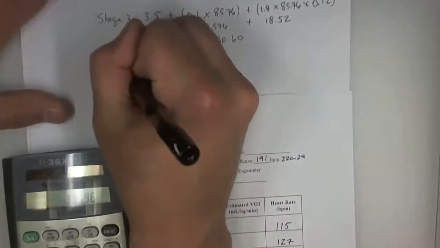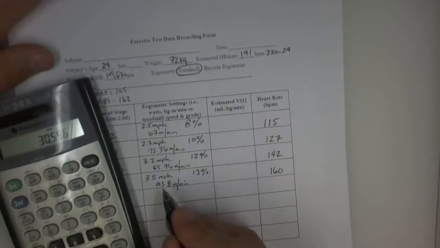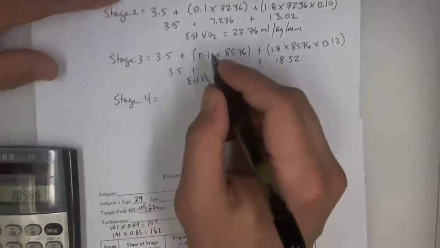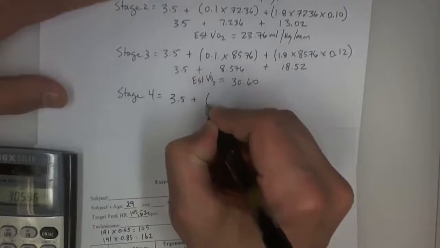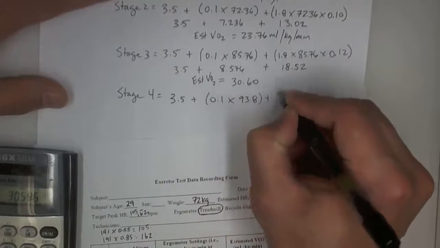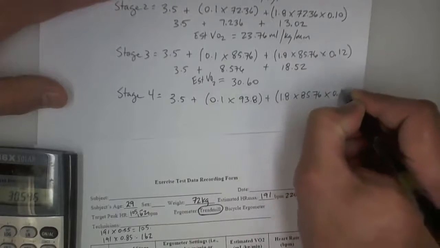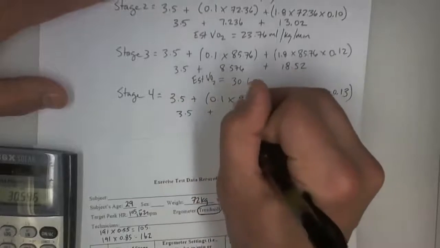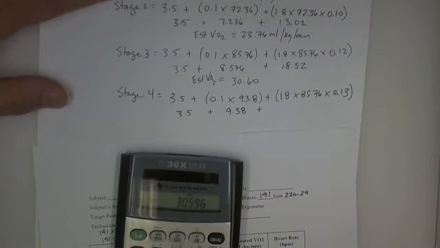Last but not least, stage 4 is 93.8 meters per minute and 13% grade. Plug that into our formula here. 3.5 plus 0.1 times 93.8 plus 1.8 times 85.76 times 0.13 for 13% grade. 3.5 plus, move the decimal one place, plus 1.8